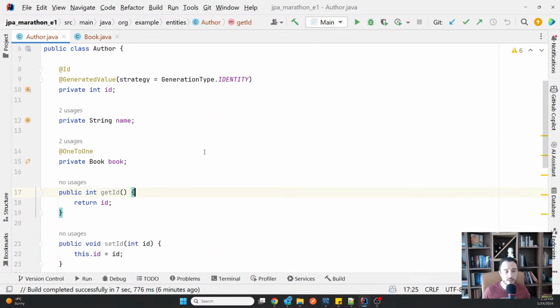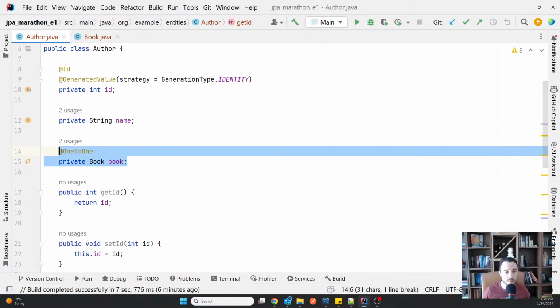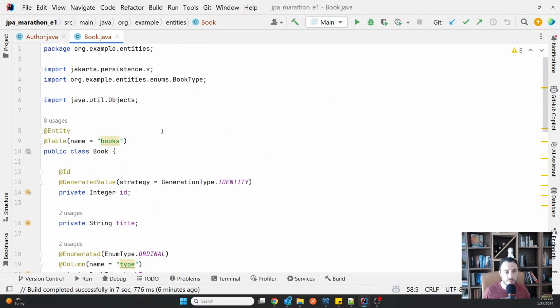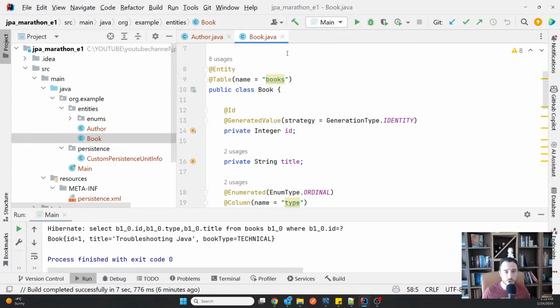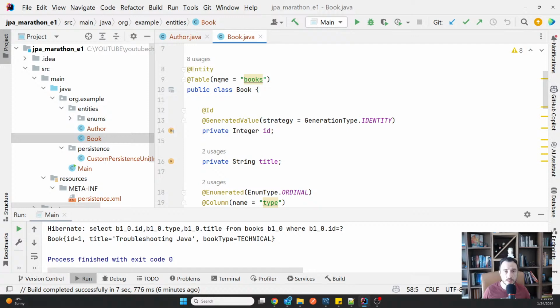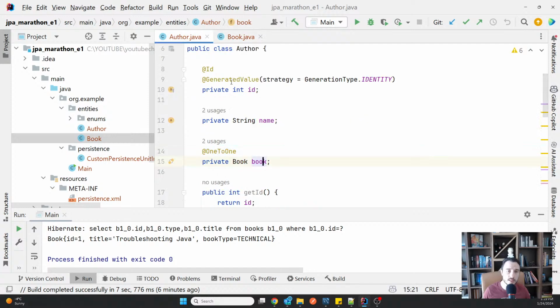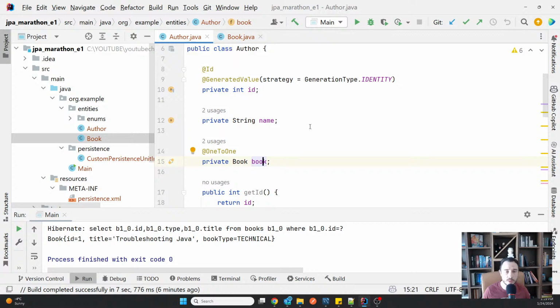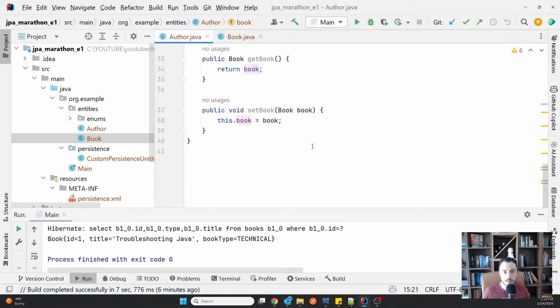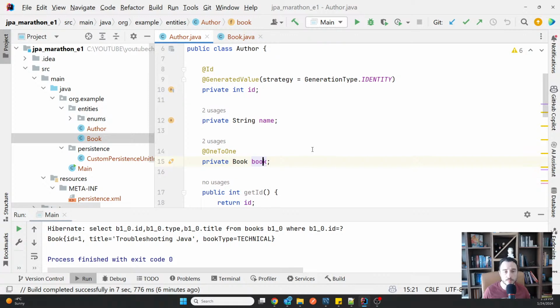If, however, I have only referred the book from the author, but I didn't refer the author from the book, this is called a one-directional relationship. A one-directional relationship is because only one of the sides knows about the other, and the other doesn't know about the first. So this is one of the ways to do it.